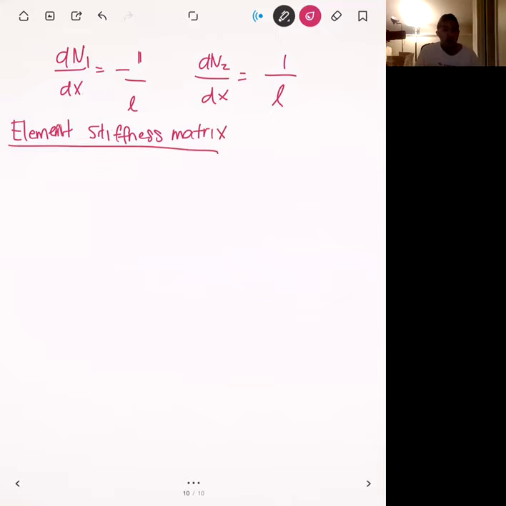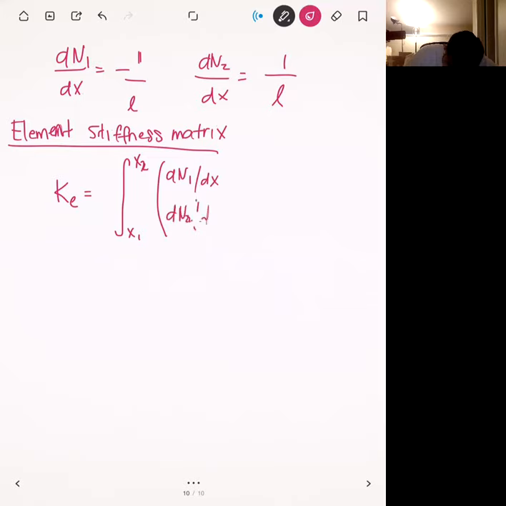You can't have a finite element solution without element stiffness matrices. Okay, and so we give this a symbol KE. Okay. And it's an integral expression. We integrate from x1, which is the coordinates of the first node of the element, to x2, which is the coordinates of the second node. Okay. Then we have this column vector dN1 dx, dN2 dx, okay, times the Young's modulus times the area times a row vector